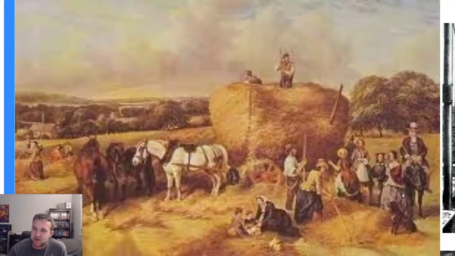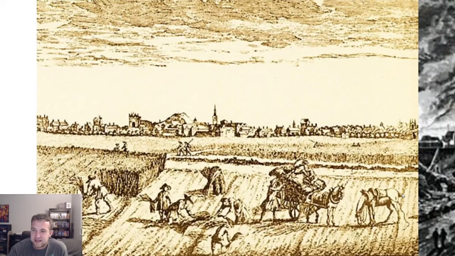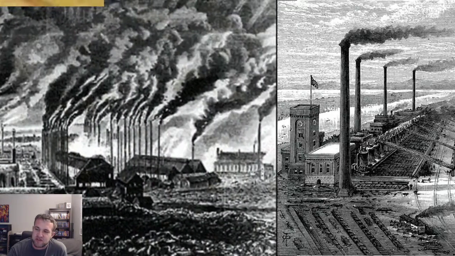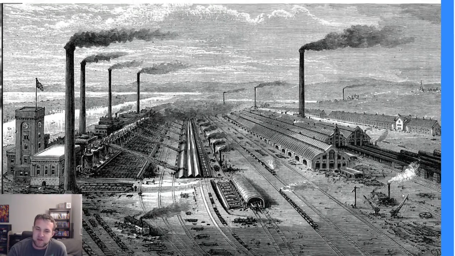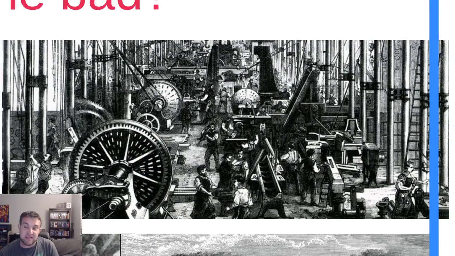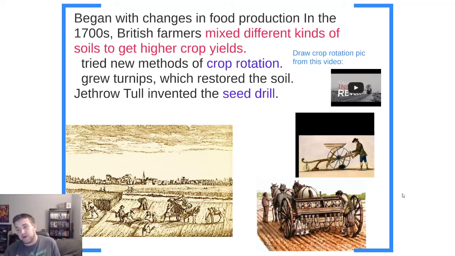So here's a bunch of people all working together, happy on their farm, working with their horses, feeding themselves. You know, the old life, the good life. There they are, doing things they used to. But then the factories move in, and people are now going to be working in factories, and it's definitely a different lifestyle for sure. Okay, so before I talk about the Industrial Revolution itself, let's learn about what sort of